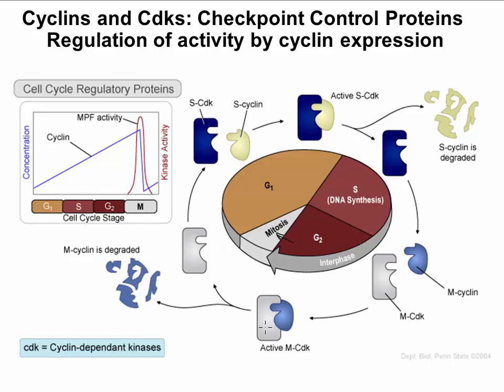So that makes sense, right? If the activity of the enzyme is dependent on the presence of cyclin, then we would expect that its activity would peak at the same time that expression of the cyclin peaks as well, right? But then what we would see if we were still tracking that cyclin protein concentration is that right here in the middle of mitosis, there is a dramatic drop-off in the concentration of cyclin protein, right? And then as the cell exits from mitosis and enters G1 again, we would start to see that increase, finally peaking at mitosis again.